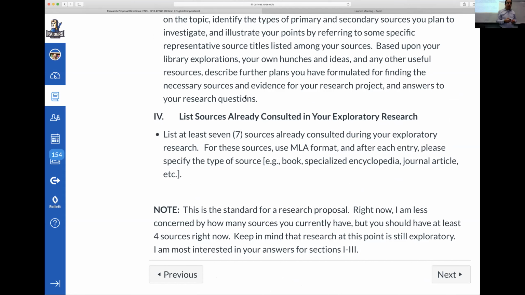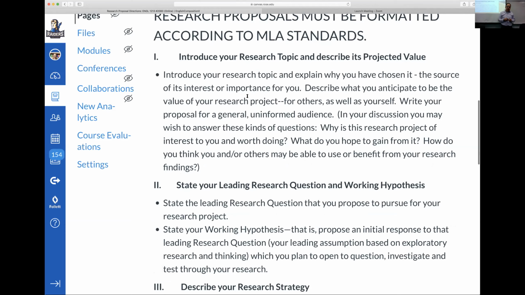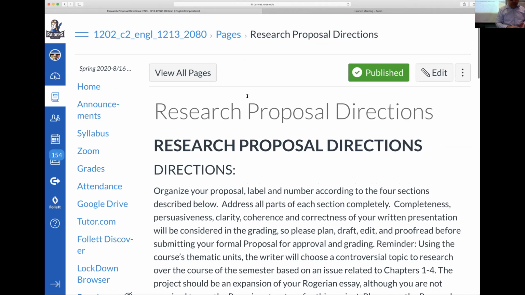And the fourth component is a works cited page, a reference list of the sources you found thus far. And the proposal will need to have 7. And we're going to expand that on the annotated bibliography to 10. But for now, 7. You can use the sources that you've already used for the short essay, and you just build on those and put those into MLA format. Your textbook has a sample of a proposal that we will go over, but for now you have this assignment sheet, and then I also in week 7